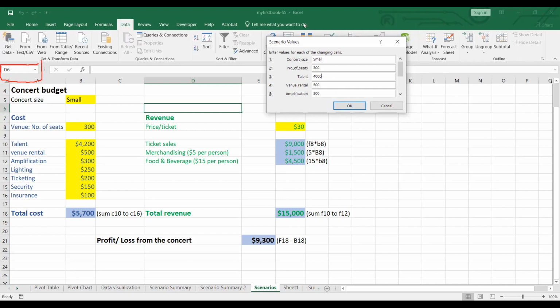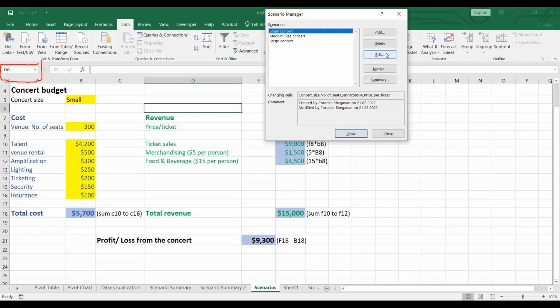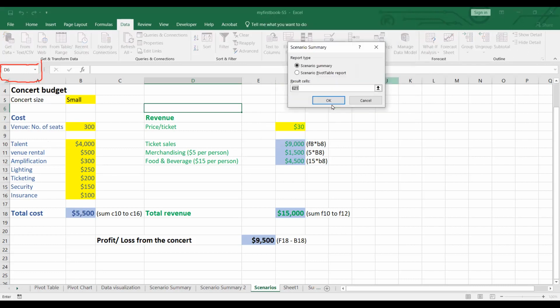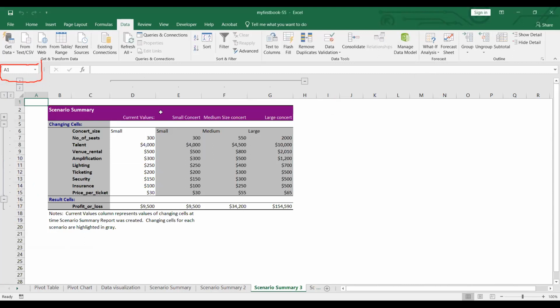By just renaming the cells, it is the easiest one. And after that, you just see show. Yeah, now it's 4,000. If I summarize it once again, you can see that right now we have the talent that is 4,000 for the small concert already. So this is the way in order to